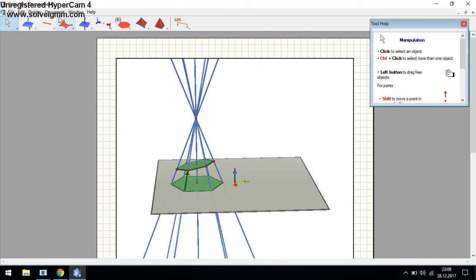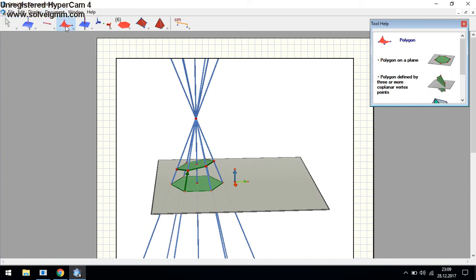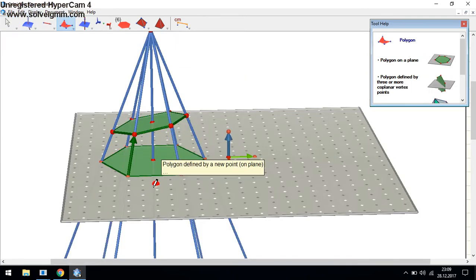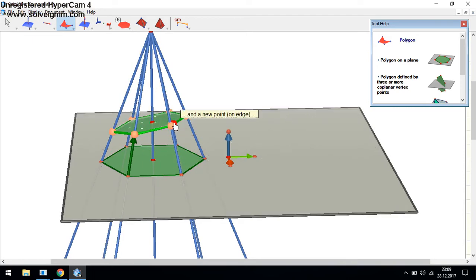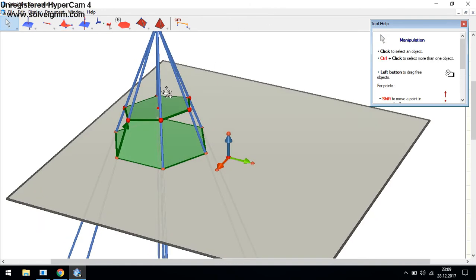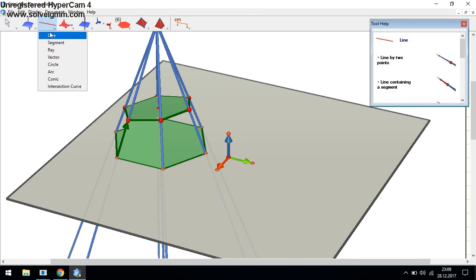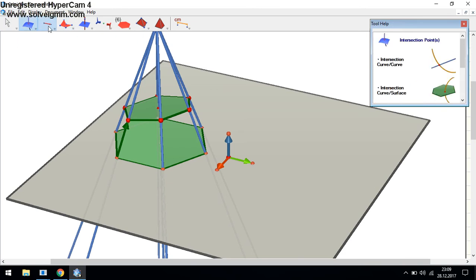Now I'm going to construct a polygon here. Let me display this in scale 2. Okay, a polygon in here. I'm going to define it. Okay, and validate it. Then I will